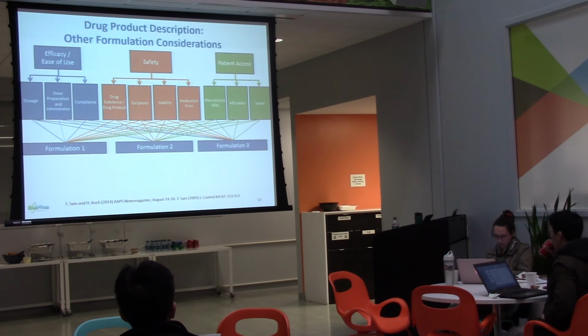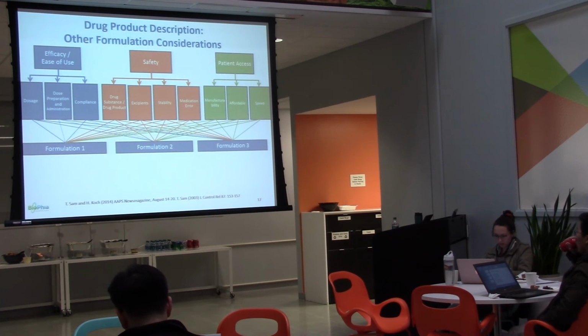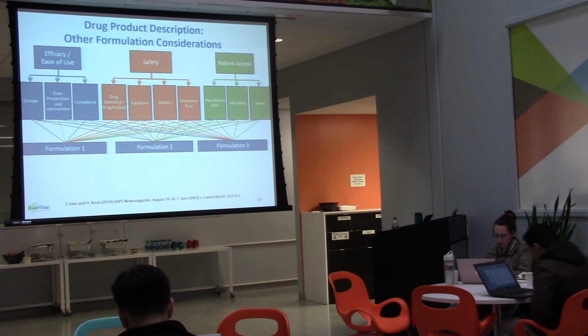Okay, next slide. And so early on, you're developing a whole array of processes and conditions and things that you want to meet that include not only the characterization of the protein itself, but also aspects of how this is going to be used in the marketplace. It can affect the way you formulate. So compliance with regulatory, or not only the stability, but you want to minimize medication errors. You want to make sure that this thing is manufacturable, or it can be manufactured at a lower cost. So these things all have impacts on the way that things are formulated.